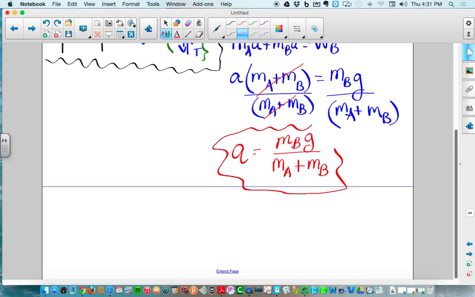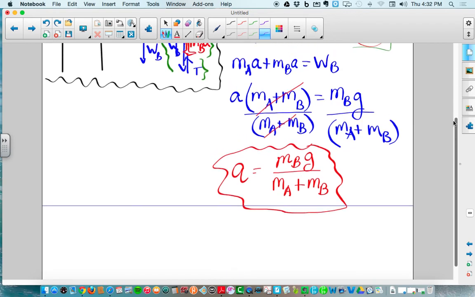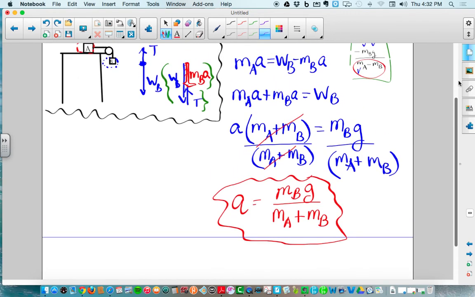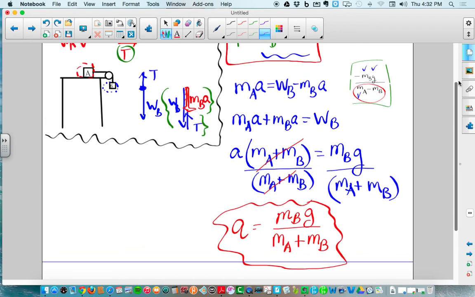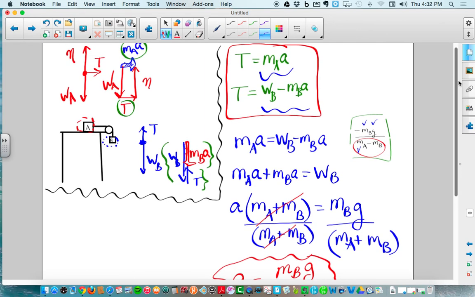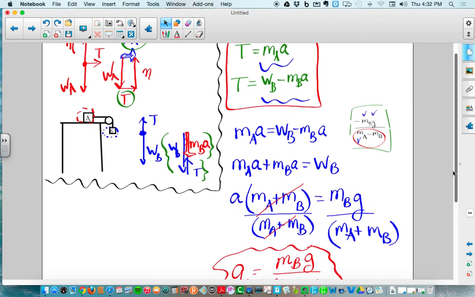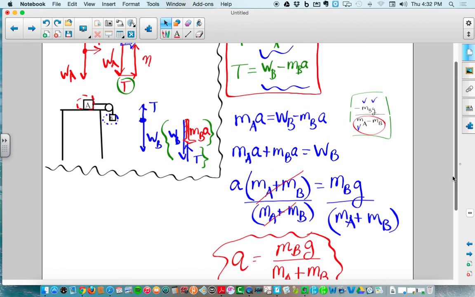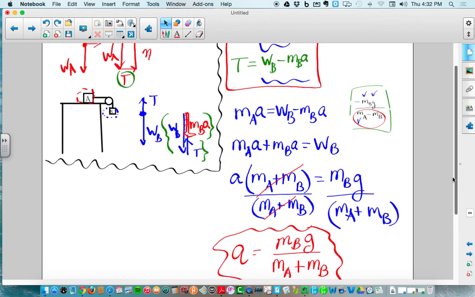And I actually know this is correct. Makes perfect sense. One of the things you can do to check it: it doesn't fail the test when the masses are equal. When mass of A and mass of B happen to be the same, the equation doesn't blow up, and it works out fine. I'm also sure this is correct because I have some other strategies of checking that I'd like to share. One other thing you can do to check your equations is sometimes find a solution by choosing a different system, okay? And another way to solve this problem